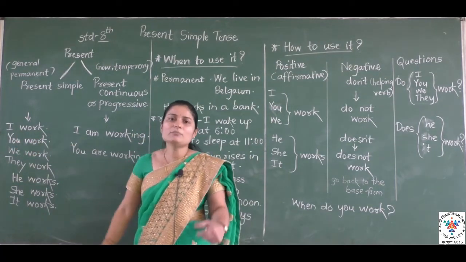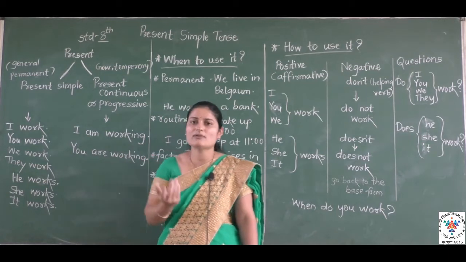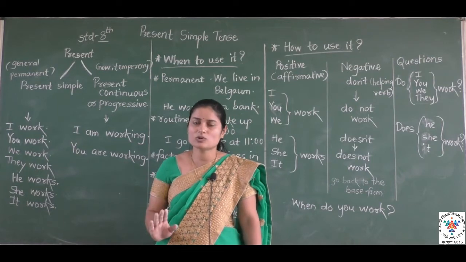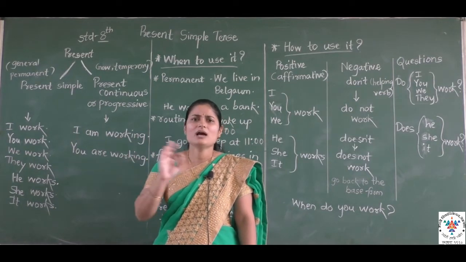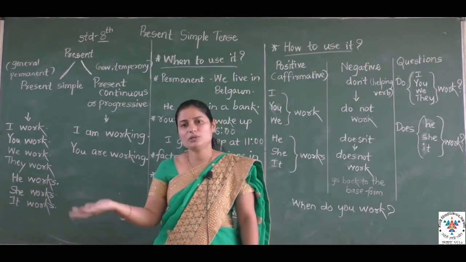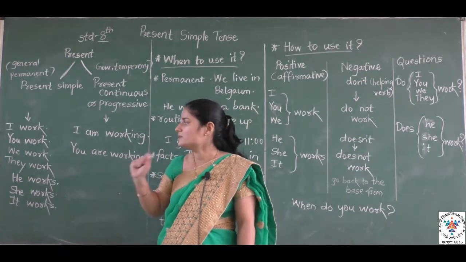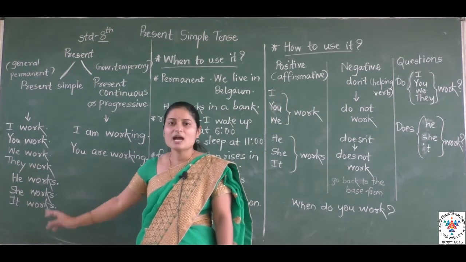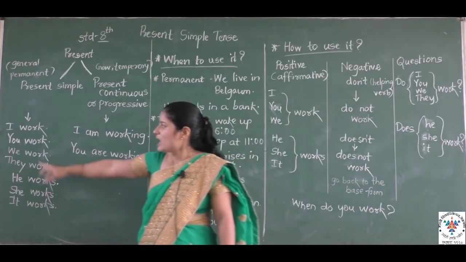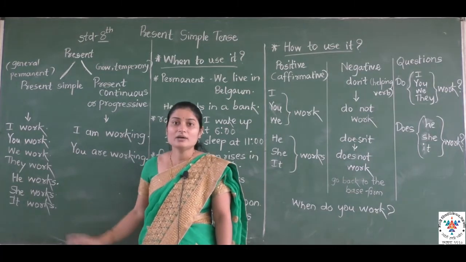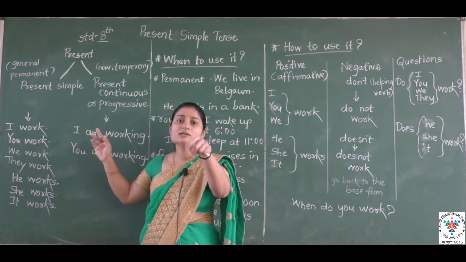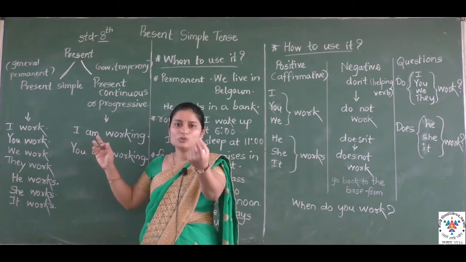Let's take a simple example so that you can understand more. First you should take any pronouns. You have learned the pronouns I, we, you, he, she, it, they. I and we are the first person pronouns. You, singular and plural, is the second person pronoun. He, she, it is third person singular, and they is third person plural. So we will take a simple example: I work. You work. If somebody is in front of you, you should say, you work.